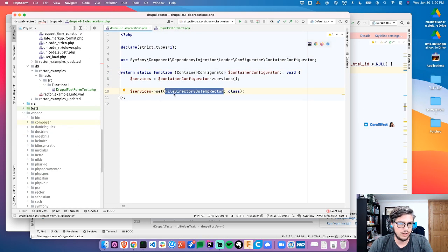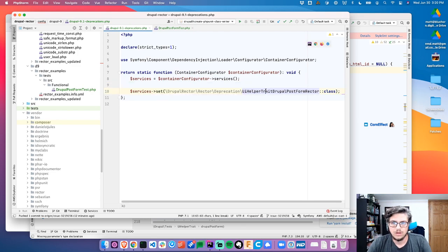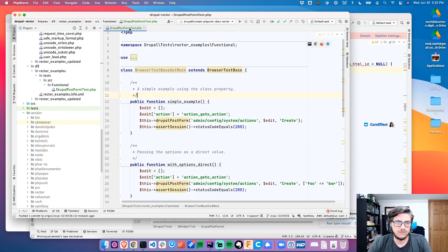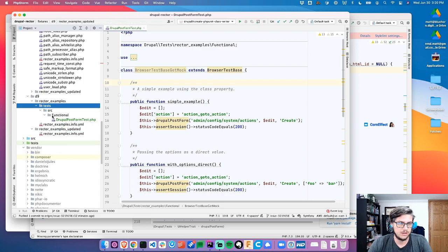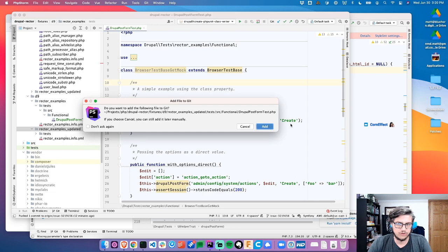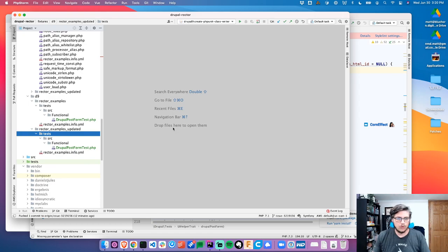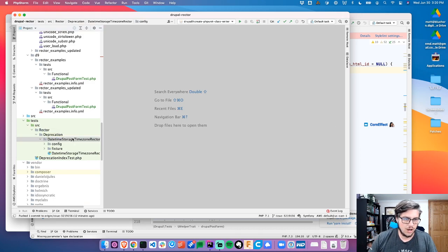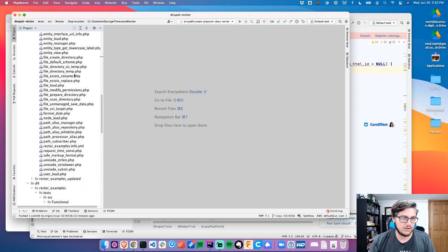I created the rule, right? So we got to change this to Drupal post. No, yeah. So we got the Rector rule there. It's configured. We have our fixture. Now we have to copy it to the updated, and this is supposed to be everything that's fixed. What we can do is we have unit tests now. So let's actually just write the unit test for this, because that way if the unit test passes, when we do the functional test, it should pass as well. So deprecation, we've got file name